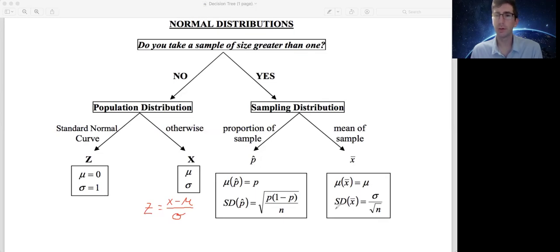And we know that the standard deviation of all of those sample means is equal to the population standard deviation that we're again given, divided by the square root of n. Right, so when we go to calculate this z value,